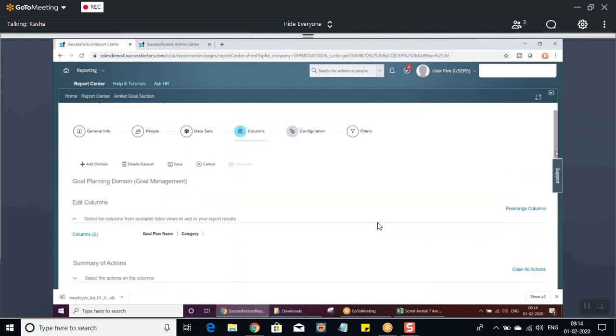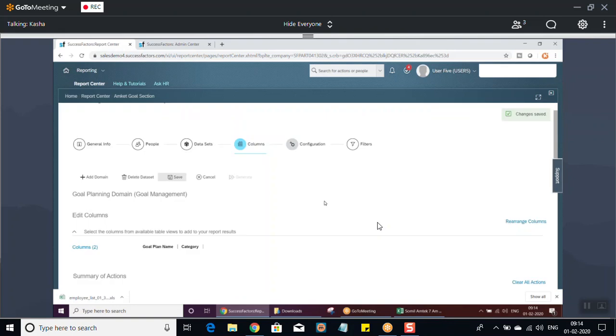Why is it not taking a team? You'll have to again filter out all these sections. Why is it not taking up here? Let's save that here. So your this data is saved, and